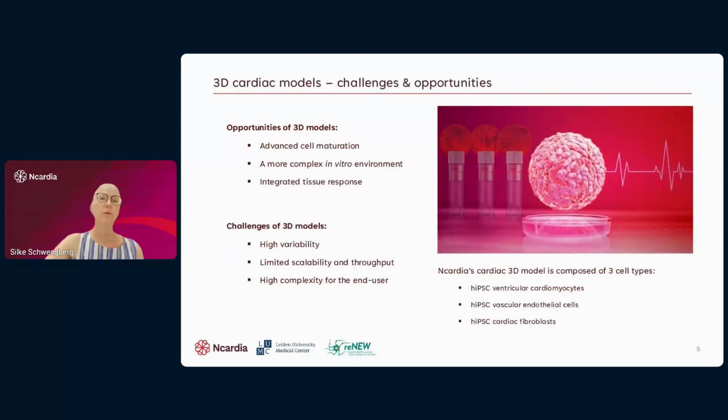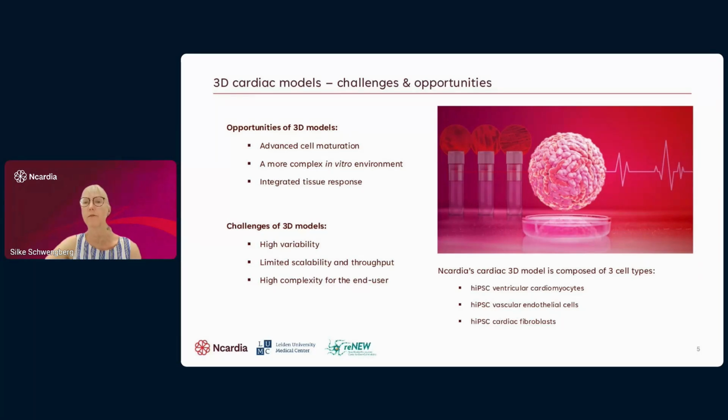So when it comes to 3D cardiac models, which is the topic of today's webinar, there are challenges and opportunities coming with these models. The 3D models usually should allow for a better maturation of the cell types involved, because the environment is more representative of what they should look like in the patient, or in vivo situation. And then they, of course, represent a more holistic tissue model, integrating the different cell